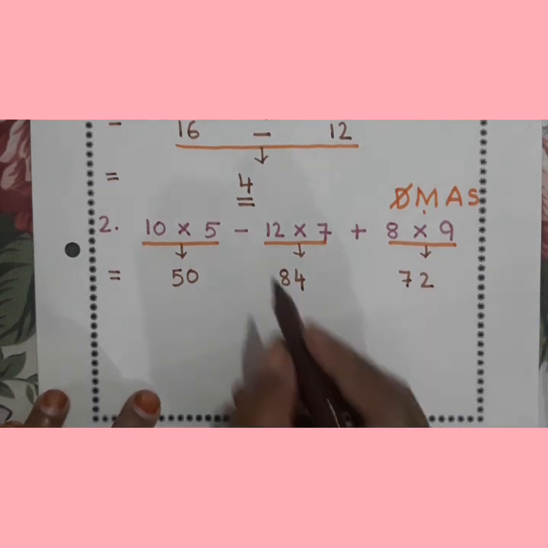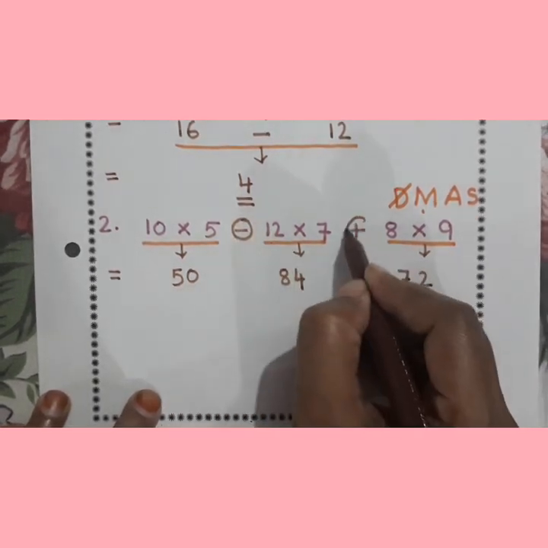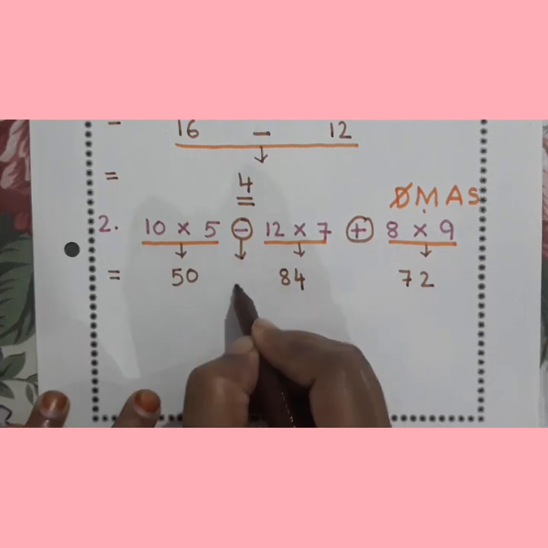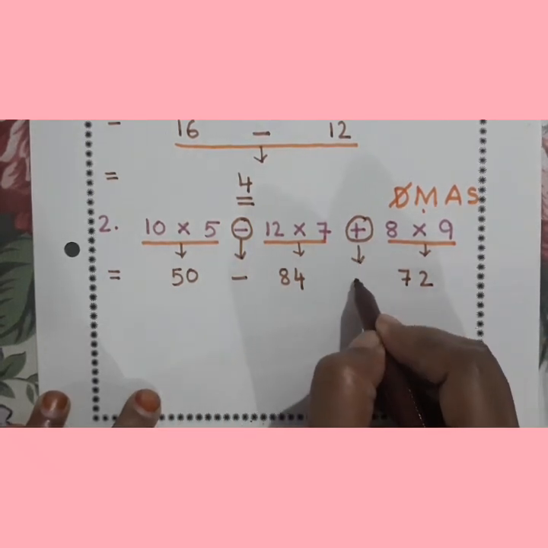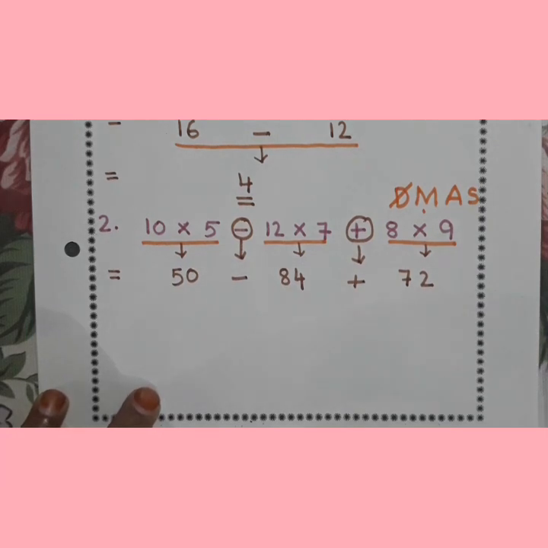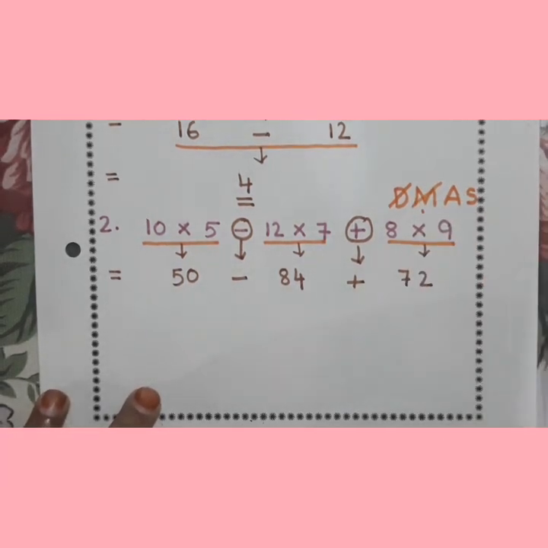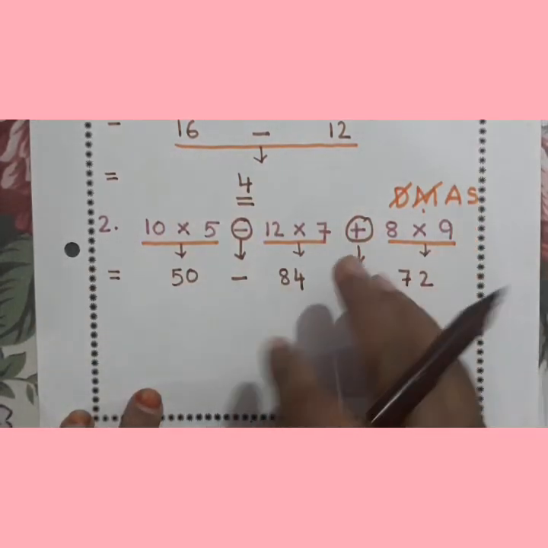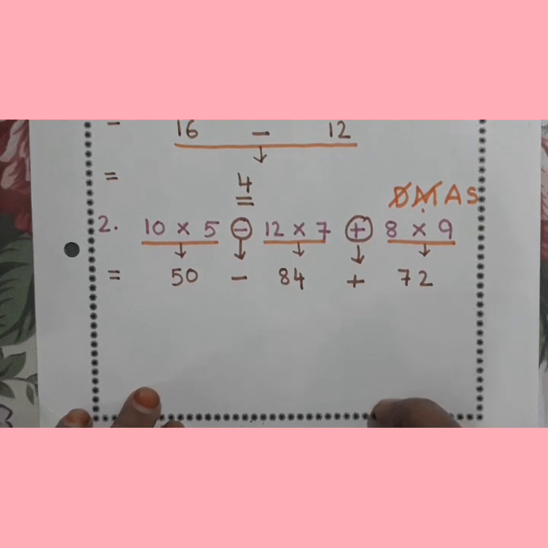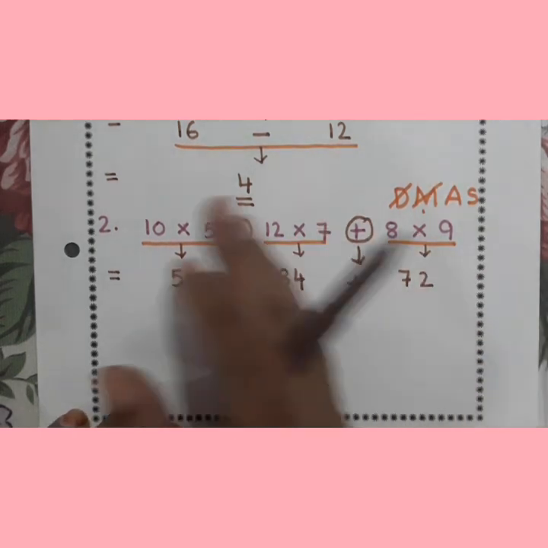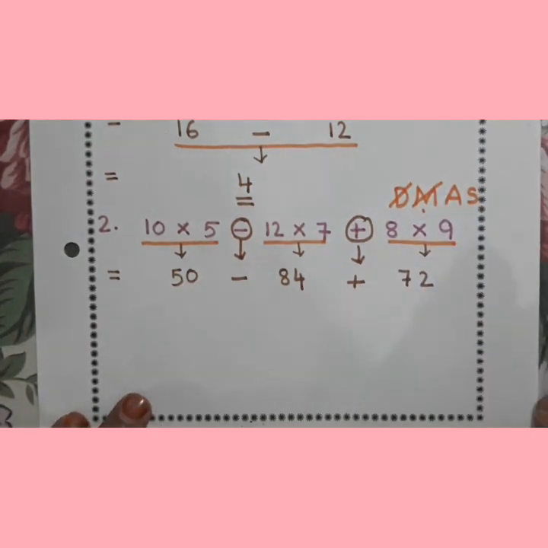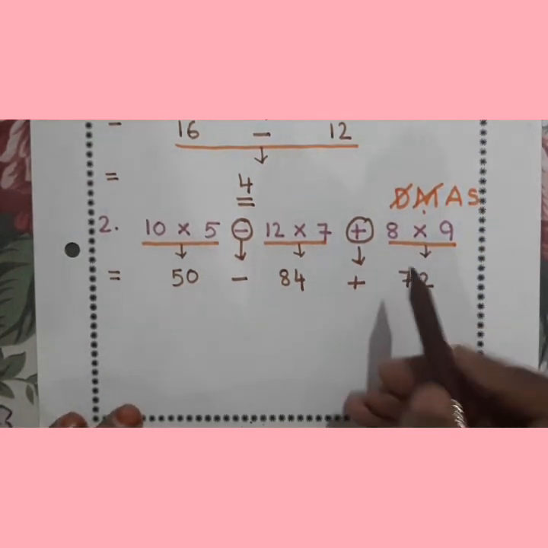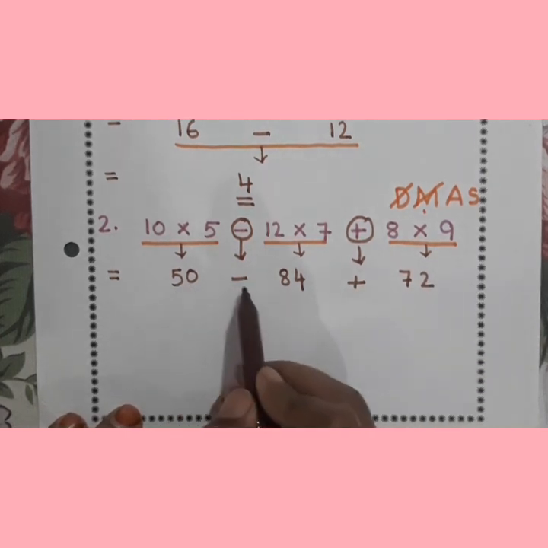Alright, then what is the next step? We just copy down these signs. Minus here and your plus here. Alright, so your multiplication is also over. Now children, if you remember, when we did simplification using addition and subtraction, I had told you, if minus and plus they all come together, you are supposed to arrange them. Arrange means what? Put all the plus together and all the minus together. And we always see the sign that is before the number, not after the number.